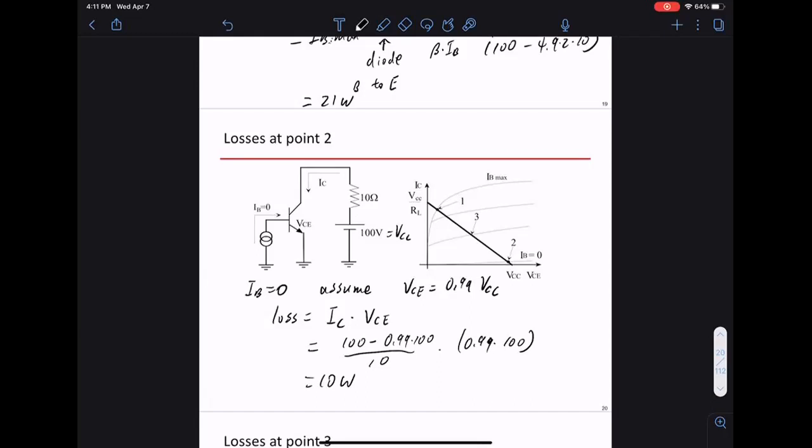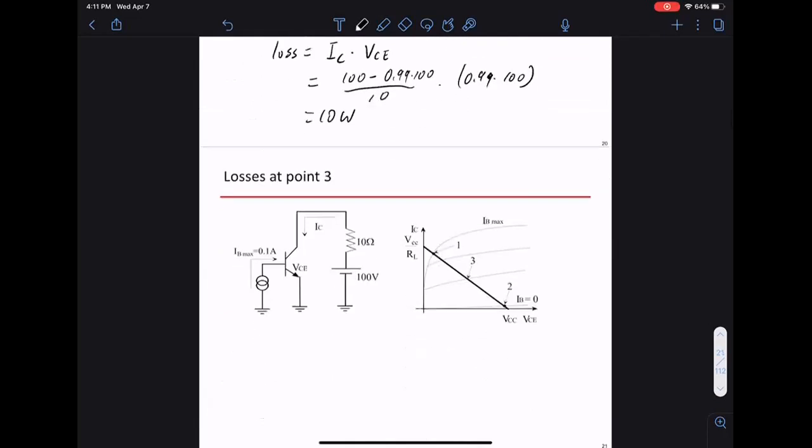And the reason we want to avoid operating at this linear region, at point 3, is because at this linear region, your loss will be very, very high. So the reason is you want really to avoid this region. Because if you're operating at this region, what happens is, if you look at the total loss here,